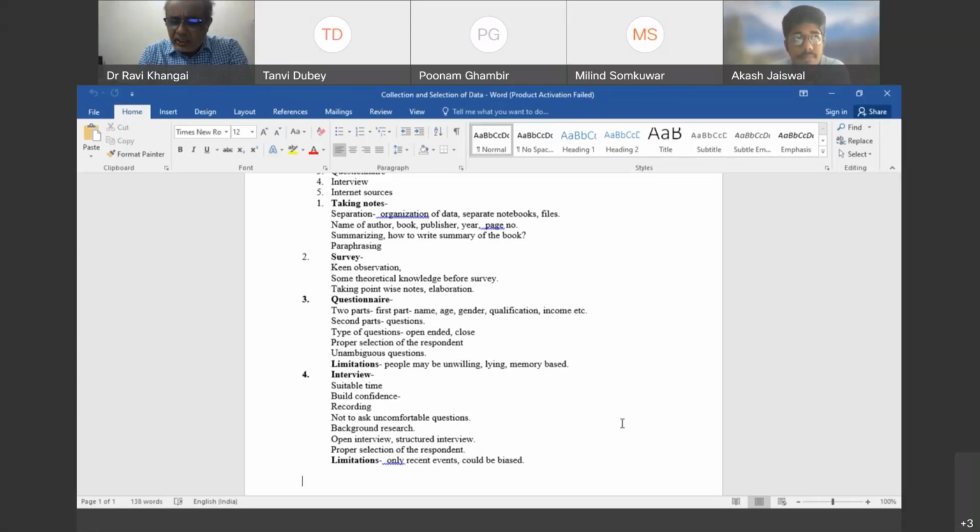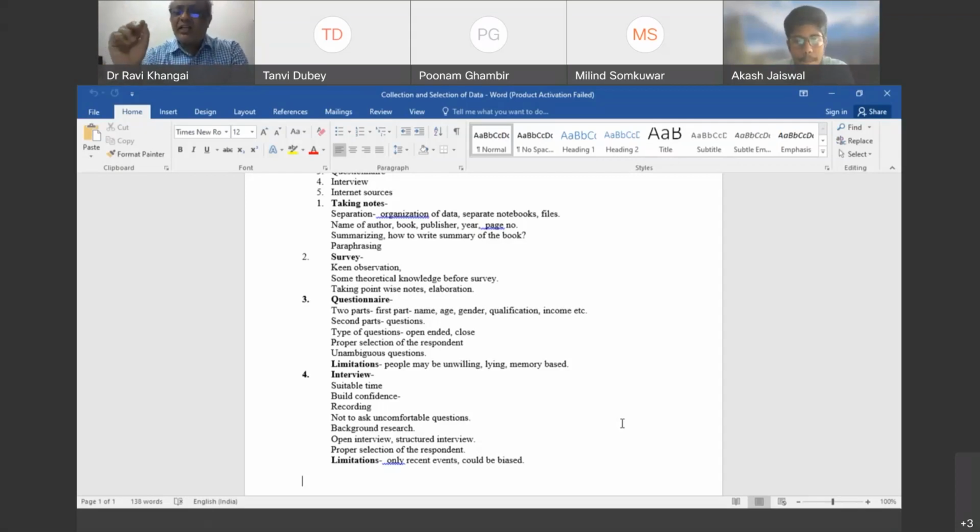The next thing is that, like questions are of two types, open-ended and close-ended, similarly, in interviews also there could be an open interview and there could be a structured interview. An open interview is just like, you ask one question. Generally experts are asked one question. Tell me about the opinion of Dr. Ambedkar about higher education. So it is an open-ended question. If the person is an expert, he will have a lot of things to say, and he may just speak for half an hour or 1 hour.